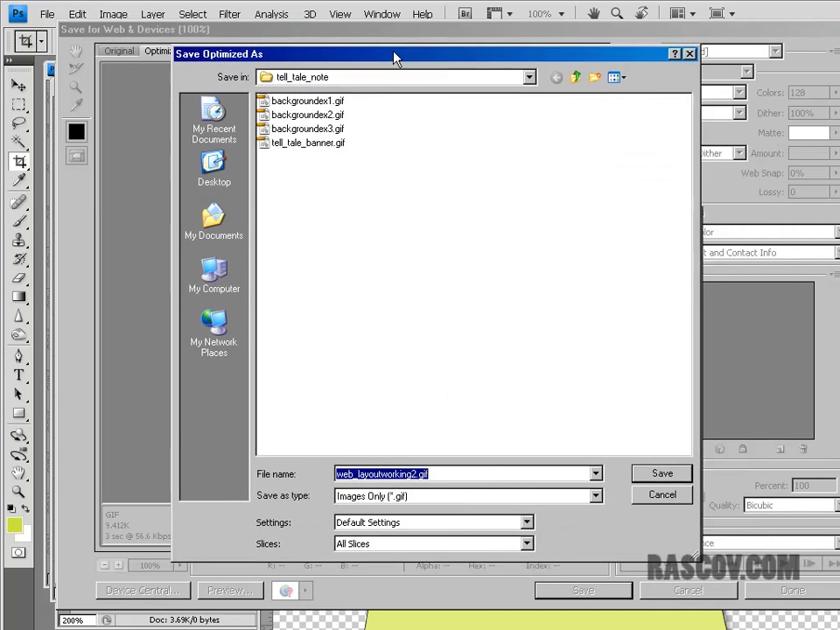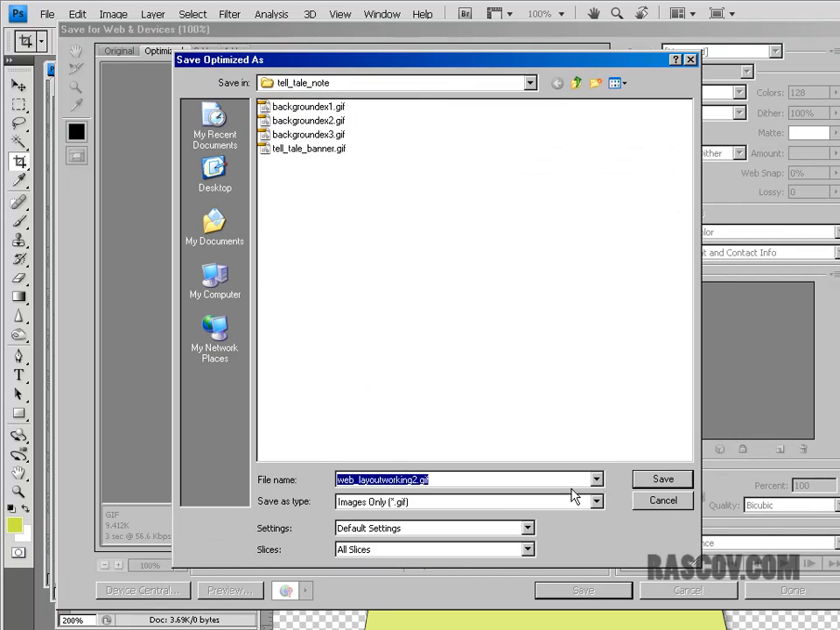Now in this other window, it's asking you how you want to save this. I'm going to save these out as both HTML and images. You'll see there's an option called HTML and images right here under the Save As type. So when I go to HTML and images under Save As type here, then I can give it an